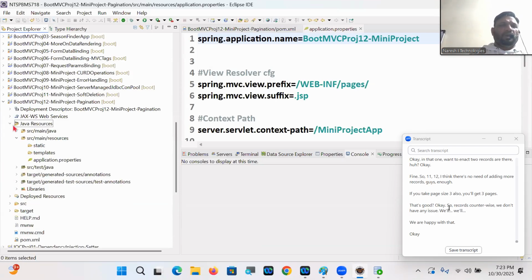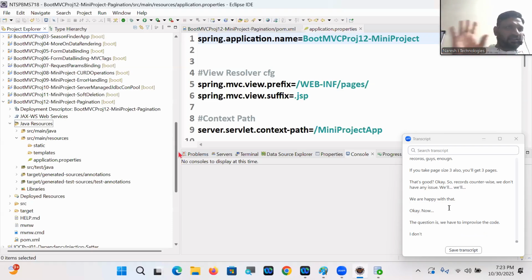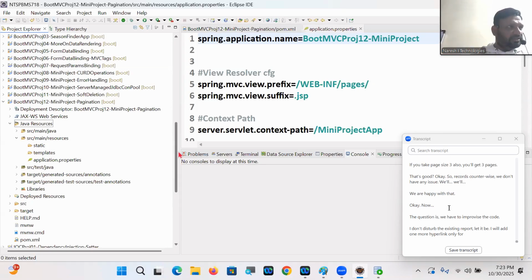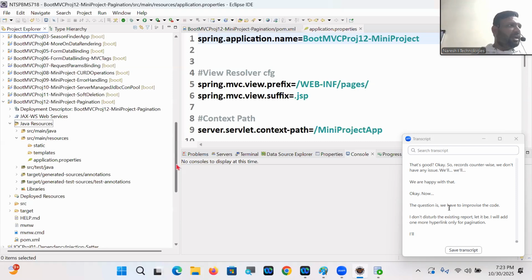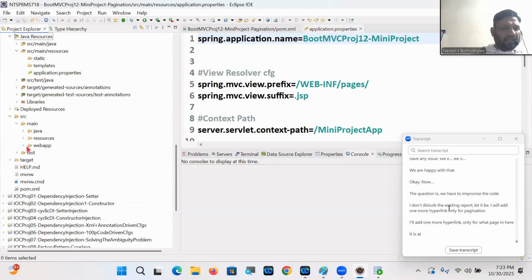Okay. Now, the question is, we have to improvise the code. I don't disturb the existing report. Let it be. I will add one more hyperlink only for pagination. Here is src, main, webapp,